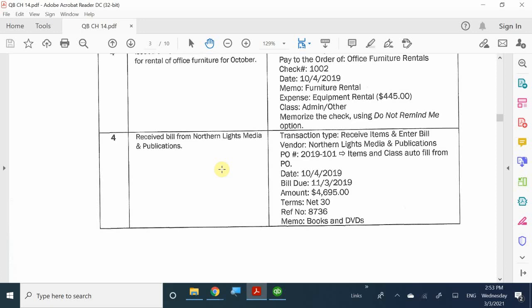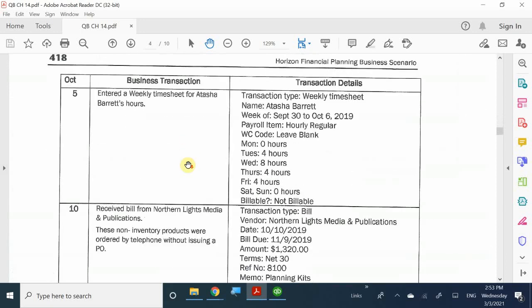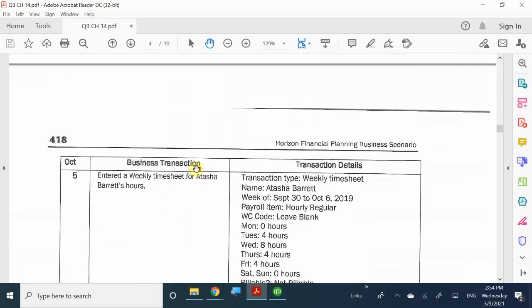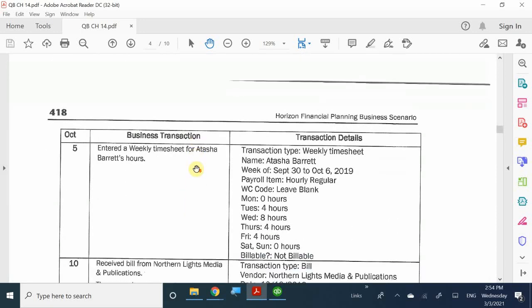So let's go ahead and do the next couple of transactions, and then we'll call it a break. All right. So here now we're starting a new day, and this time we are going to be entering a new transaction. We're going to be entering a weekly timesheet for